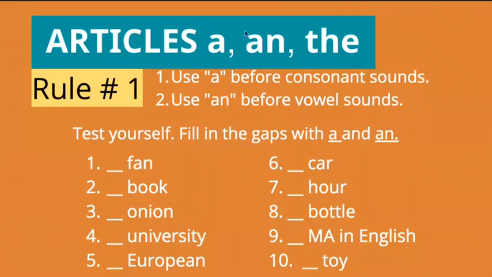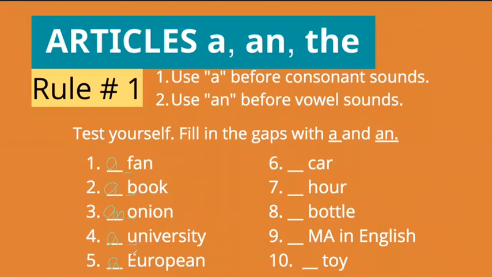Okay, so we have here the first part is going to be a fan. All right, a fan, a book. Okay, because you have the consonant sound. Okay, so this one is an onion, a university, a European. So teacher Adam, this one